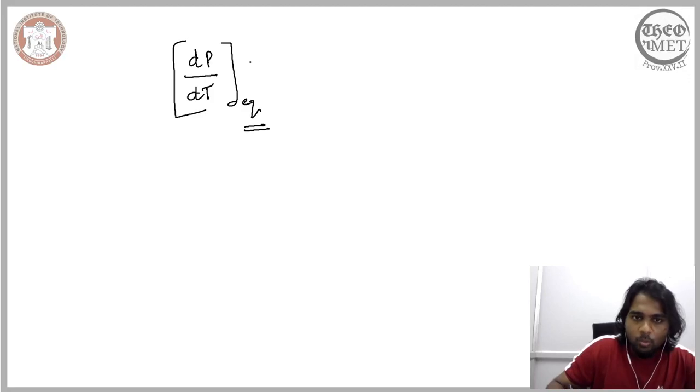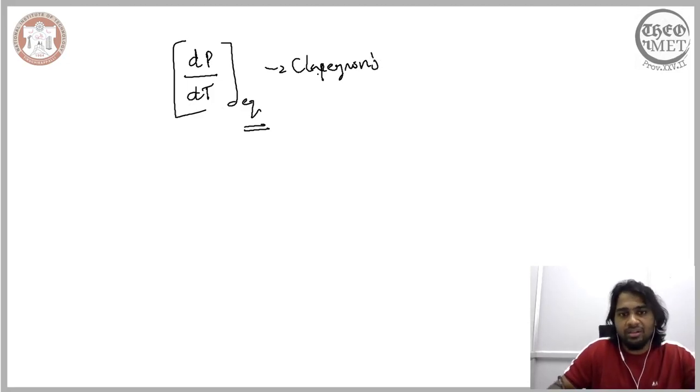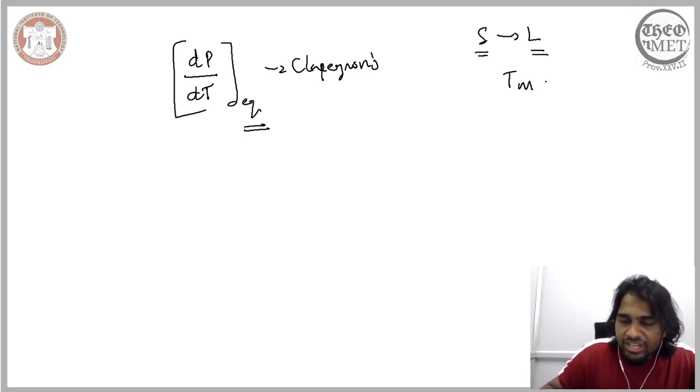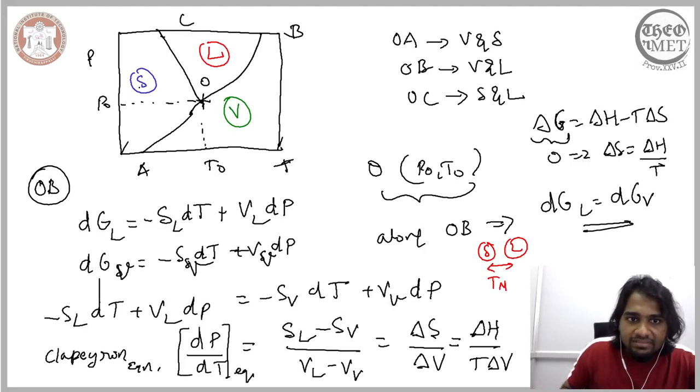So this is what Clapeyron's relation helps us quantify. In order to understand what this expression means, let us consider a change in the state of a given system from solid to liquid. So we have one state changing to another state, and now we are maintaining the temperature at the melting point, wherein both solid and liquid are in a stable state. Now this melting point changes as the pressure changes. So that is what we observe in the phase diagram.